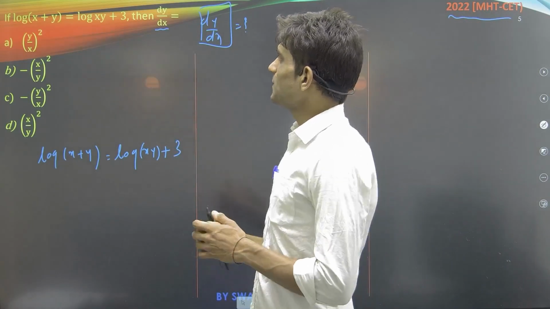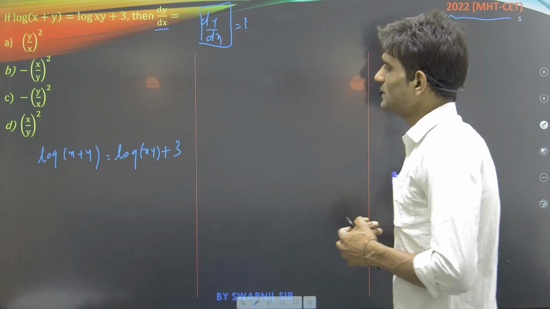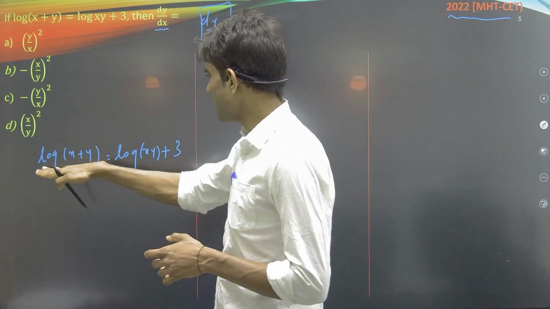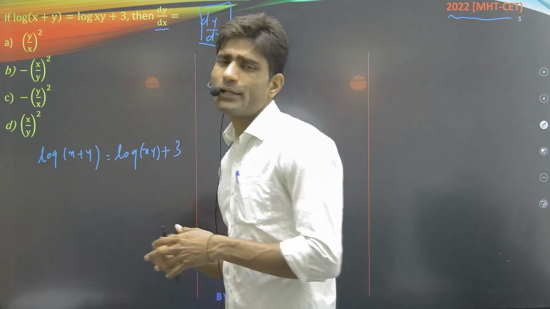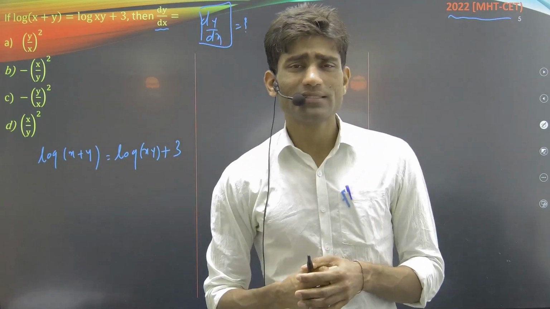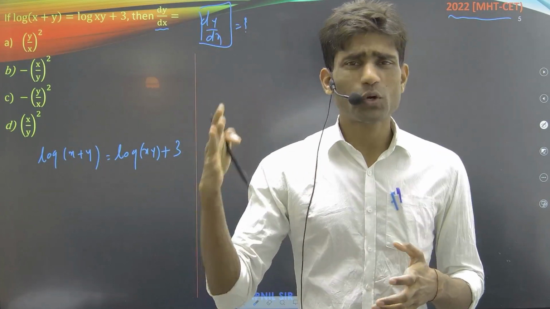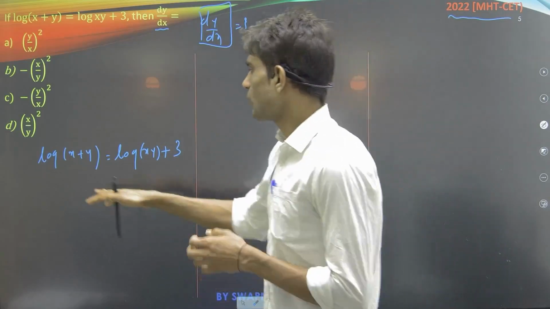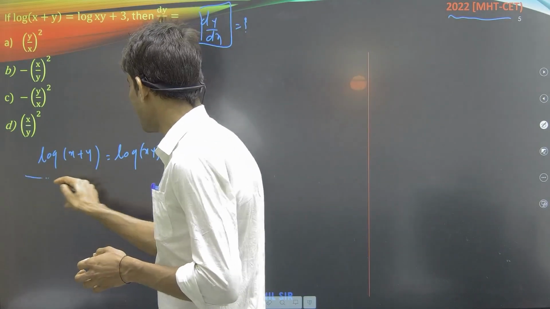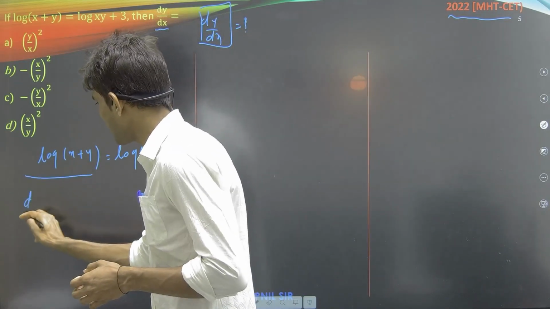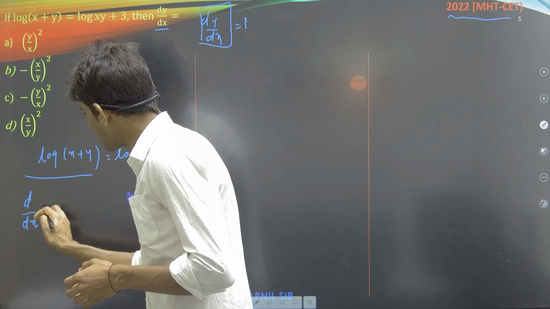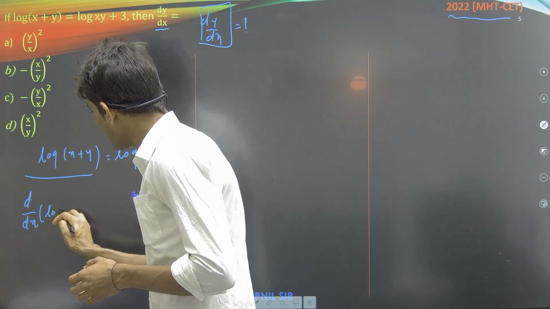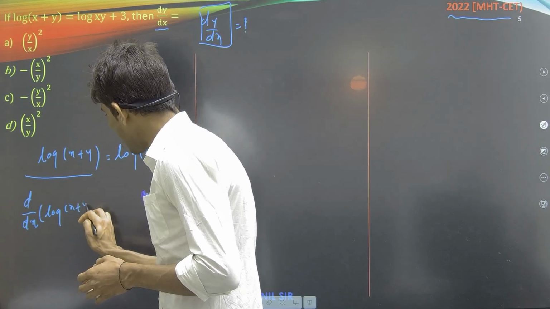So log of x plus y is equal to log of xy plus 3. In our first part we have given log of x plus y, and second here log of xy plus 3. Directly differentiate: the differentiation of log of x is 1 upon x. Let's go for finding the differentiation. D by dx of log of x plus y,